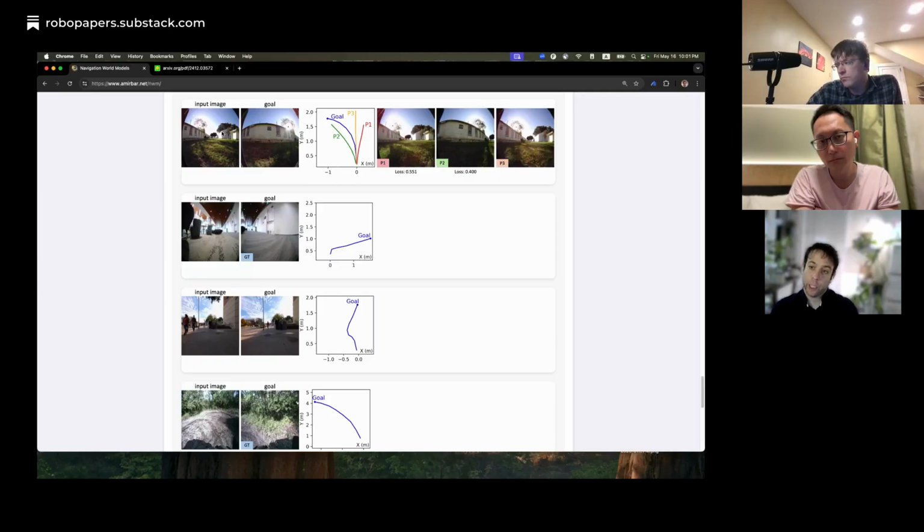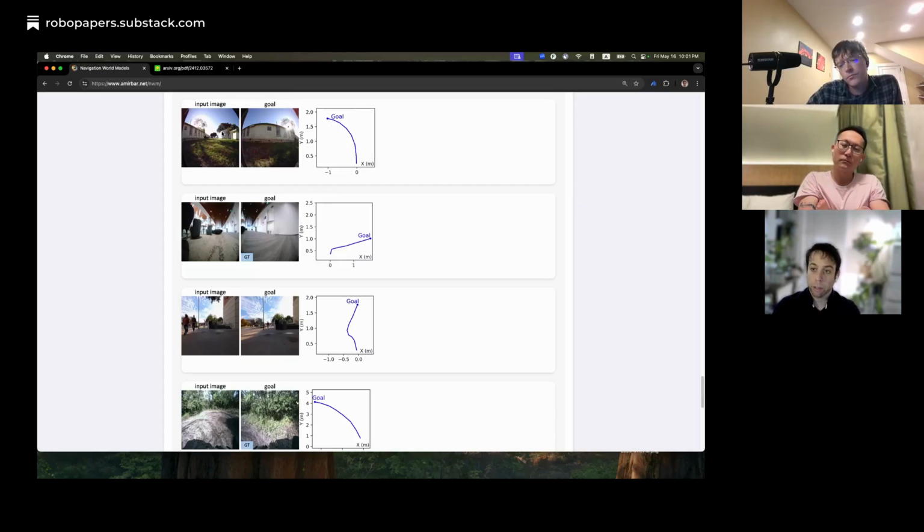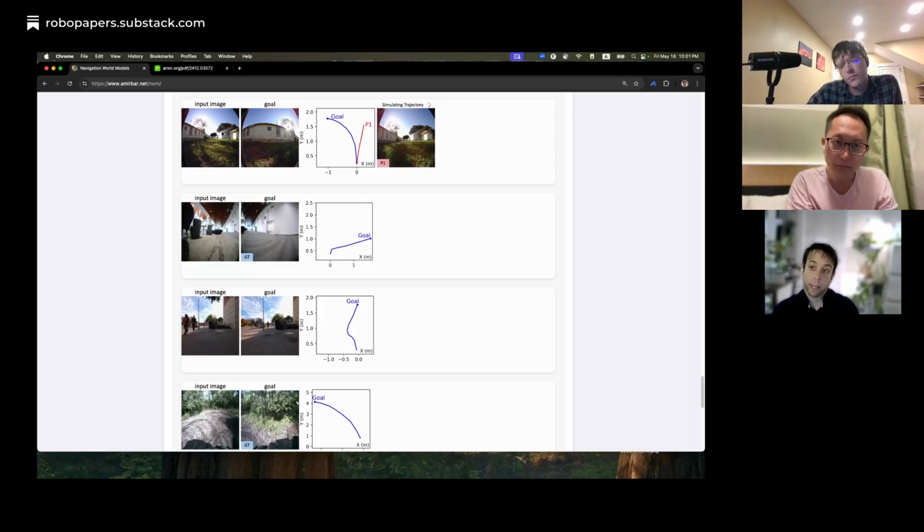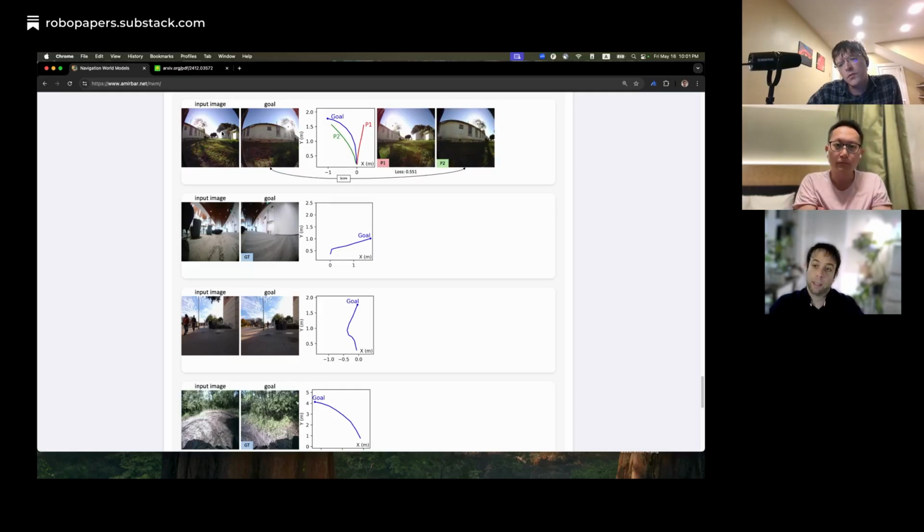So the problem becomes a search problem. It's not like the usual thing that we do in deep learning, right? Usually we just have a neural network, a policy, that takes, let's say, an image, say a navigation policy, and tries to predict an action or a sequence of actions to minimize some